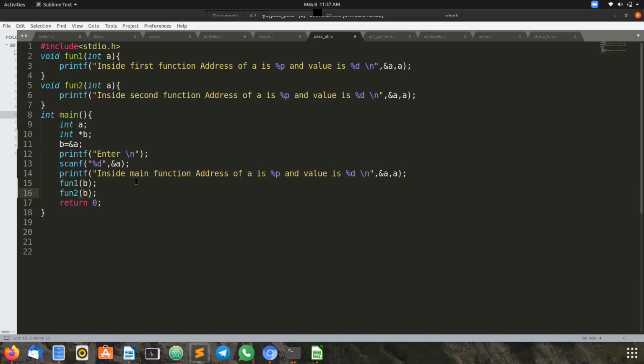Here also the same. When we pass a pointer as a parameter, there is no need to mention star B again. Only the name of the pointer is enough. But when we take it as a parameter, see the second line of the program, we need to take it as a pointer. Pointer B. So here the value is